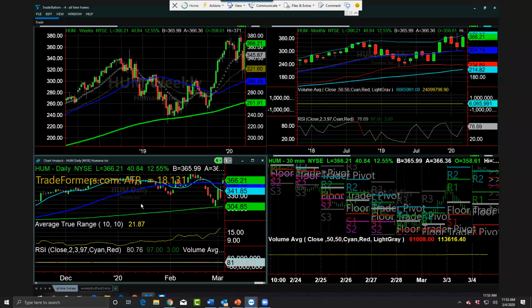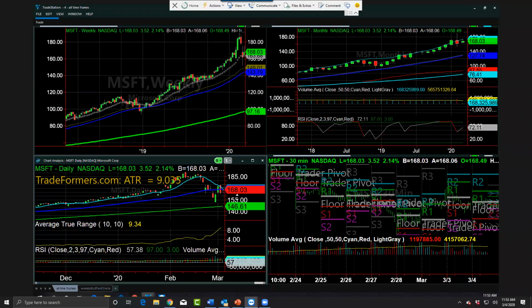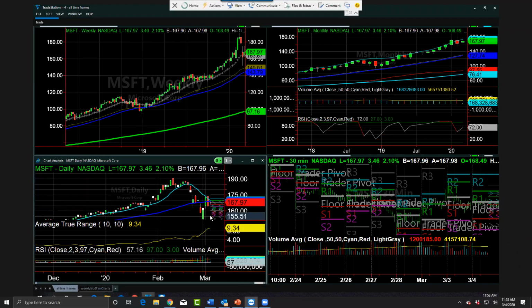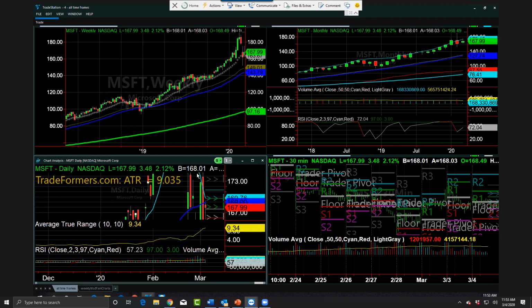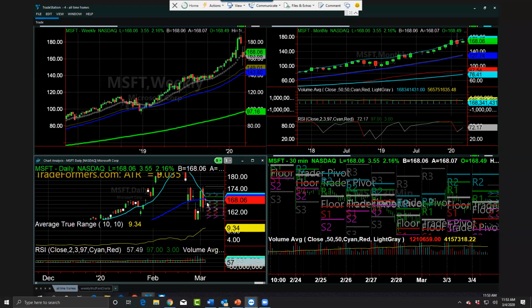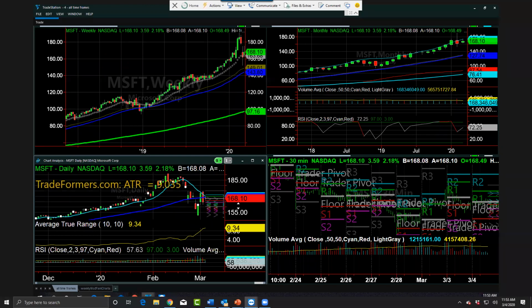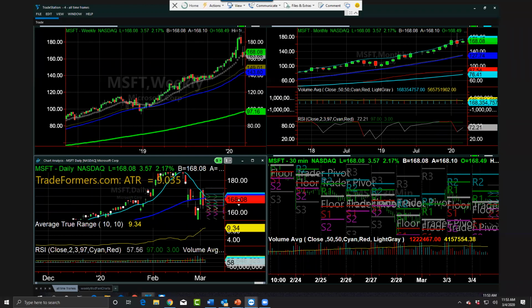Okay, so somebody asked about Microsoft. Now, I did actually go through it, but I'll take another look at it. Vicki, no problem. So what makes Microsoft so interesting is we have a couple of issues to be worried about here. And that is this declining slope on this 10-day moving average, number one, even though it's sitting strong on the weekly chart. And number two is we still haven't gotten back into a bullish phase. If it clears the 50-day moving average, it'll be back in a bullish phase. It has to do it for 2 days. Not to mention that we have a tremendous amount of resistance up here at the high that we had the other day, which was 175.